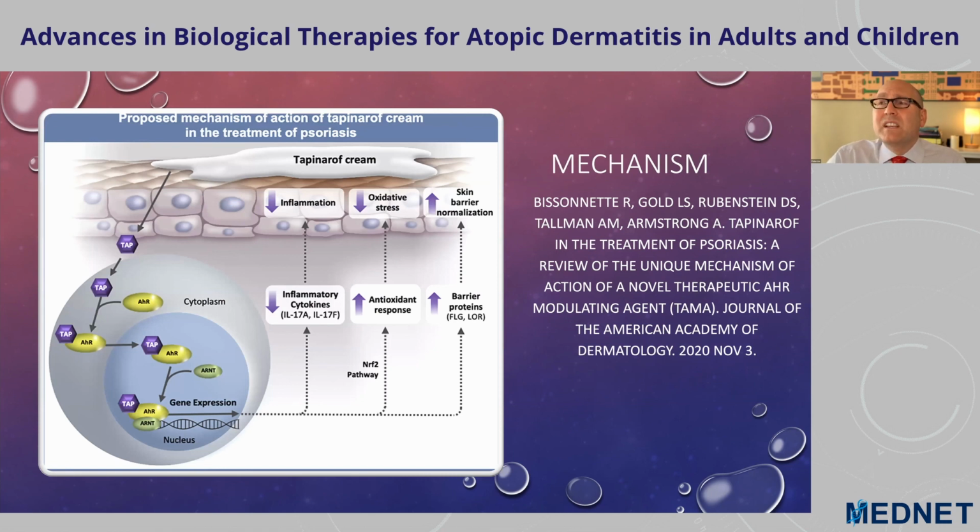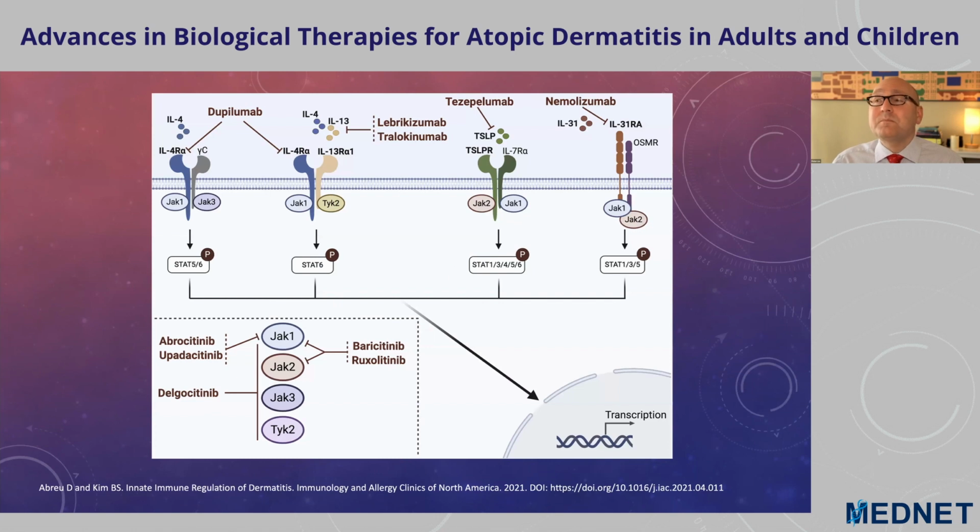And it sounds like it may actually come out before it comes out for atopic derm. It might actually get an indication for psoriasis first. And the reason is it seems to decrease inflammation, decrease oxidative stress, and again, increase that skin barrier. Kind of exciting. When we look at the key cytokines that we're talking about so far, IL-4, IL-13, we see